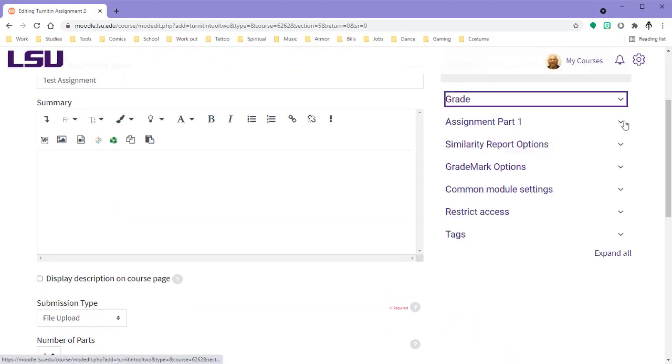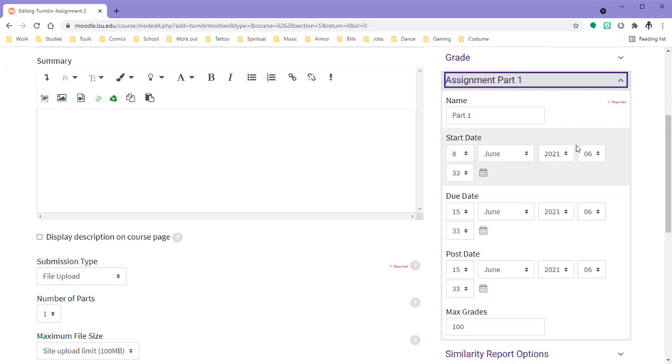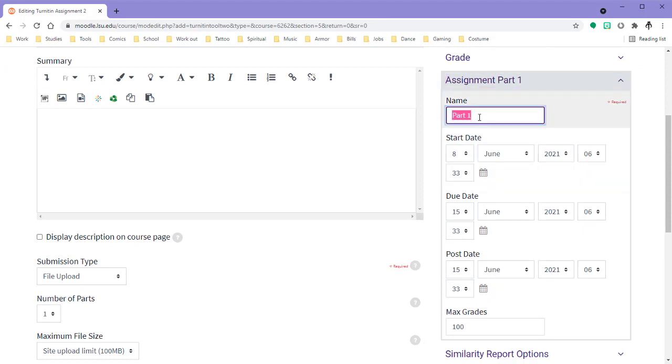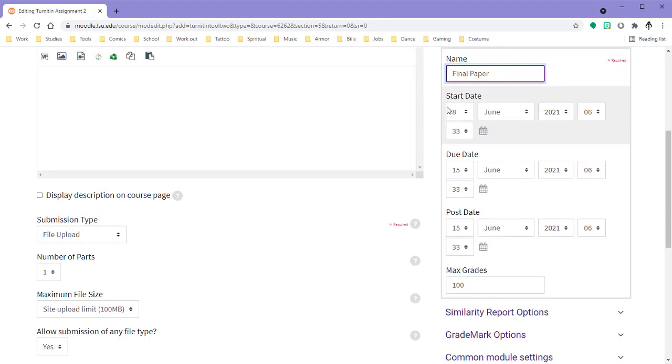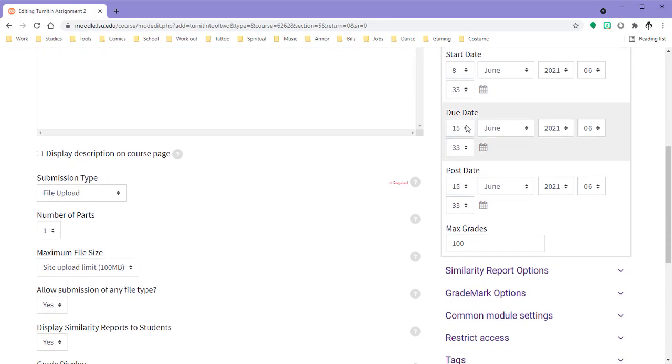The next category is assignment part. This is where you would set the actual parts. You would set the start date. This is when they can see the assignment and start submitting. Due date. This is when the assignment is due. The default is a hard limit. You can change it to a soft limit under one of the other settings. What that means is